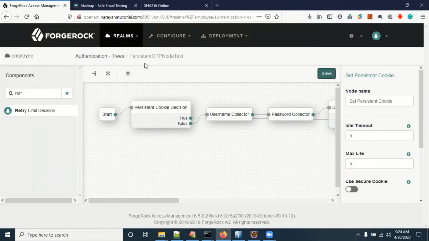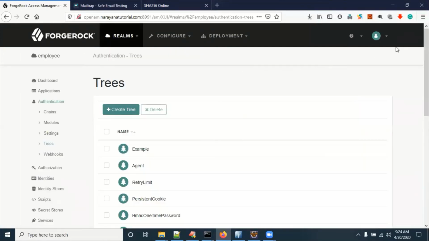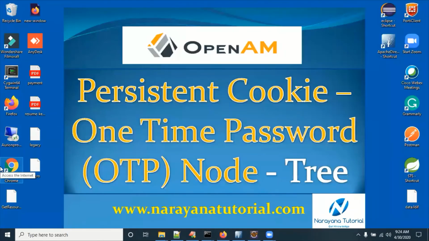Okay, now how to access this node? Open any new browser, like I'm opening Google Chrome here.